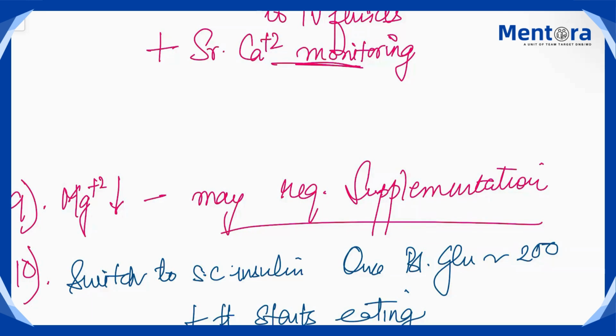Look for ABGs, look for bicarbonate level, look for pH level. If serum bicarbonate level is low but pH is normal, don't give bicarbonate correction. If pH is less than 7, then only go for bicarbonate correction. Okay, and phosphate monitoring, magnesium monitoring, and your regular insulin, start at 0.1 unit per kg per hour. As soon as your glucose reaches around 250, reduce the dose to 0.05 unit per kg per hour, then further decrease to 0.02, and then as soon as your patient is stable, blood glucose is stable, and the patient starts eating, you can switch the patient to subcutaneous insulin.